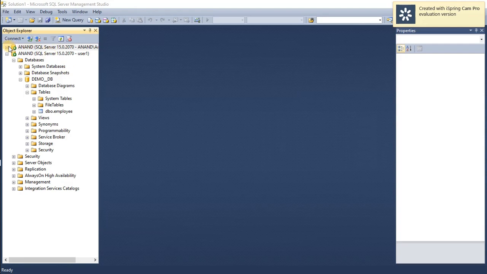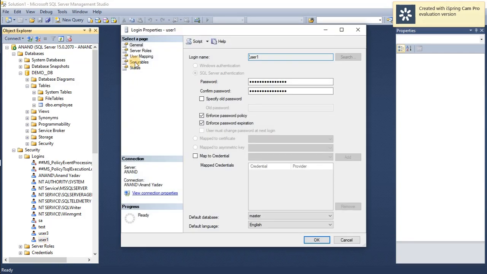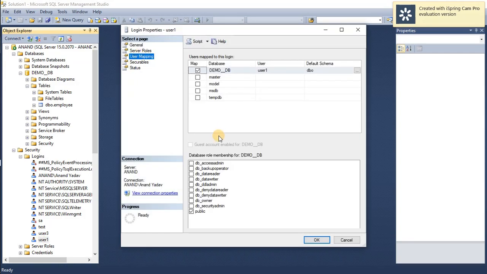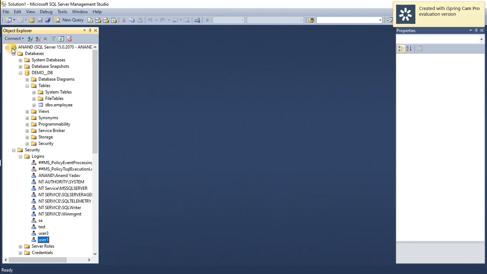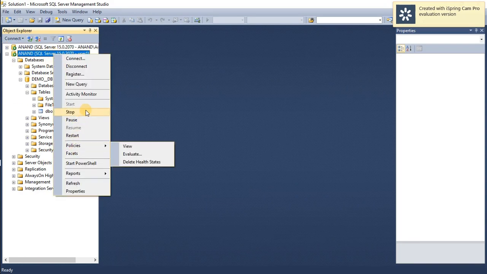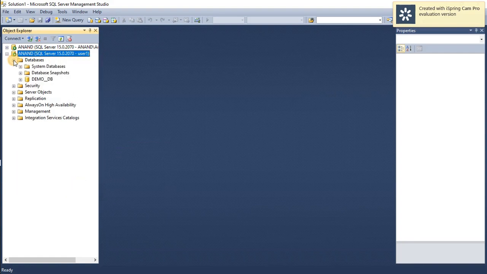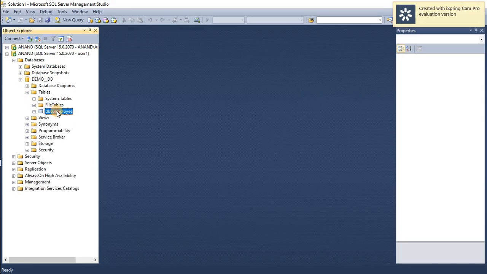Yeah guys, so go to the super admin user and click on user one, and under user mapping, just give him the DDL admin. I'm clicking OK, and when I go back to user one and refresh it, I will go to this table again and now I can see the employee table definition, so I can view it.